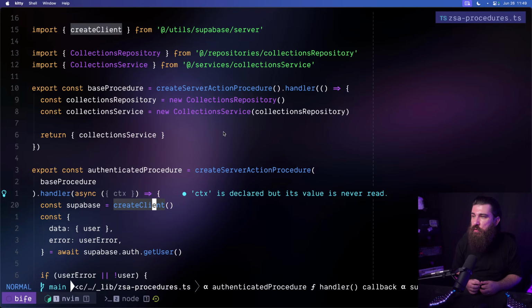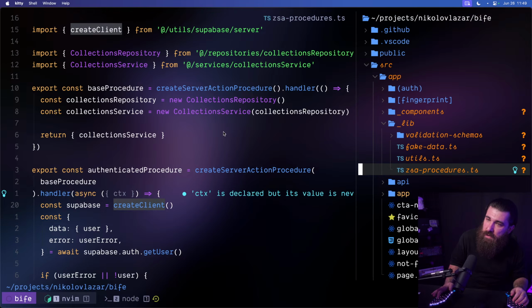We need the authentication service, and the authentication service is going to do the sign in, sign out, all these things. And we need a service just so we can split the Supabase related authentication stuff, the implementation itself, from how we use and how we sign in. The front end or the server action does not need to know how we sign in, but it's a bit more complicated than that,